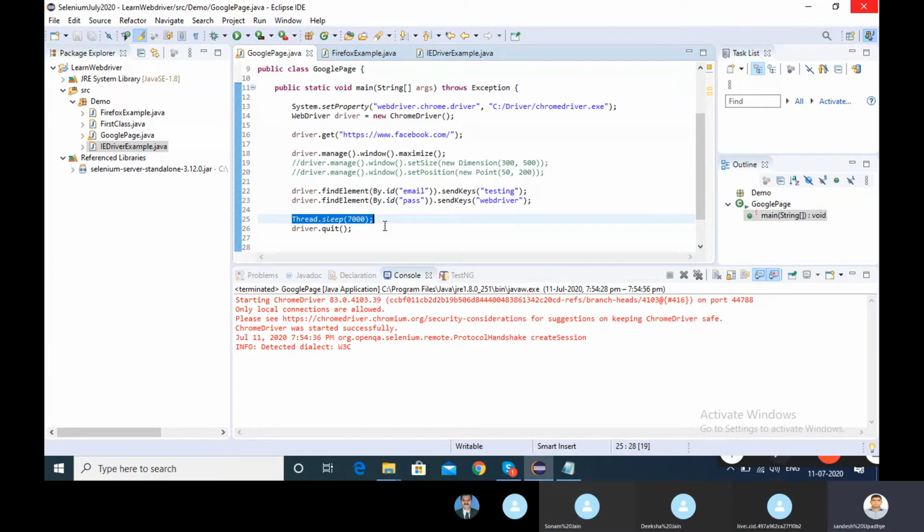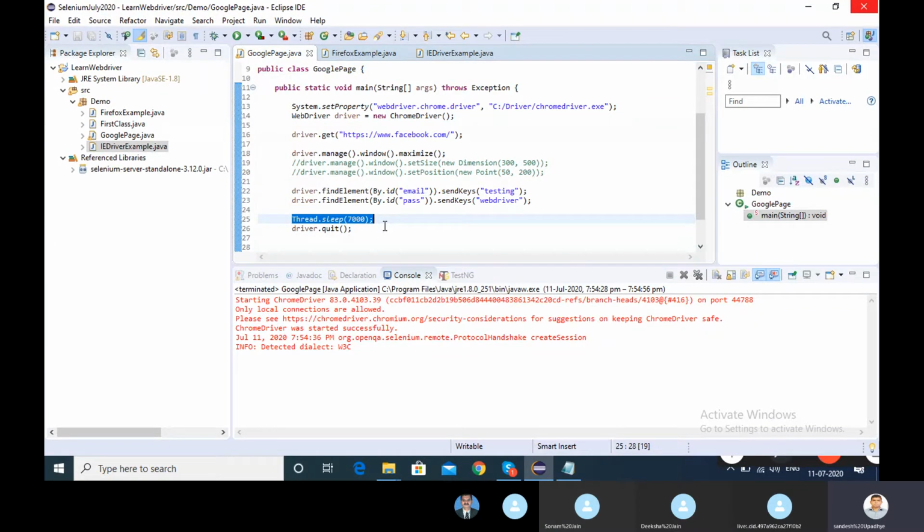There are more other options as well. There are implicit wait, explicit wait, fluent wait, and other things as well. But I don't want to confuse you as of now. Step by step, once we go into that topic, I will explain everything.